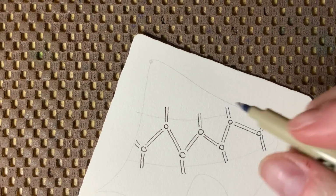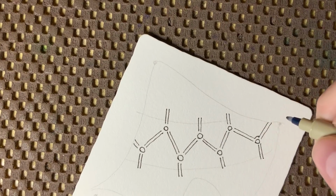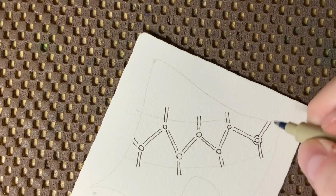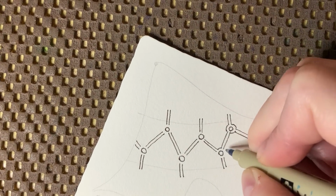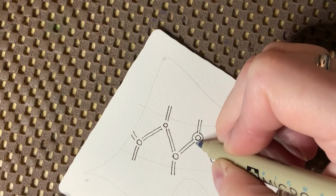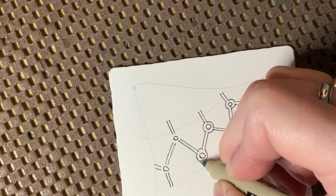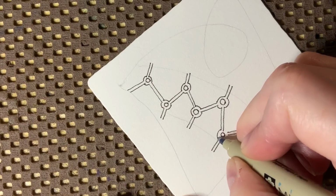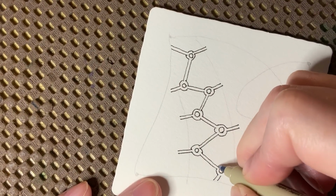All right, now we're going to aura around each of these little orbs. So we're going to connect each one of these with an aura of the orb. Take your time and be careful so that when you put down your pen and pick it up again, you have a nice result. That is so frequently where I have my issues with stray pen marks. So far today, we haven't done too poorly. And so now you know why we aren't going to connect these to the orbs. This pattern is all about the spacing and